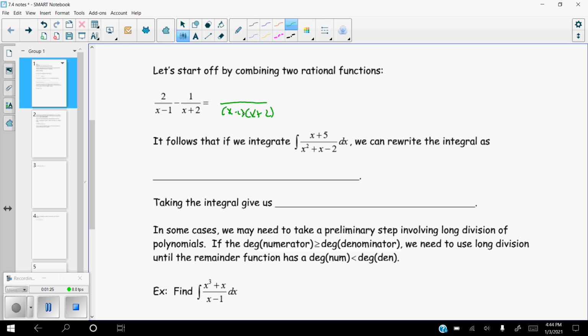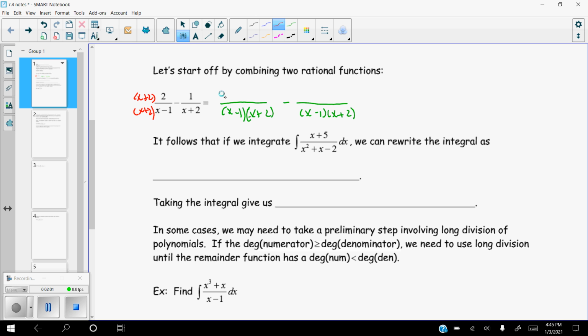I'm not sure that that really looks like a minus 1 in there. X minus 1, and then x plus 2. And then we're going to also have x minus 1, x plus 2 in the second denominator. So what do we have to ask ourselves, what did we need to make the first one, that 2 over x minus 1, with the common denominator? Well, you need to multiply the top and the bottom by x plus 2. So we'll write that in,